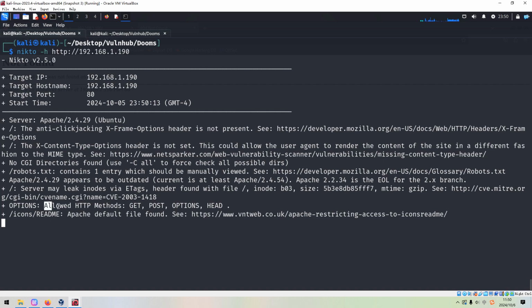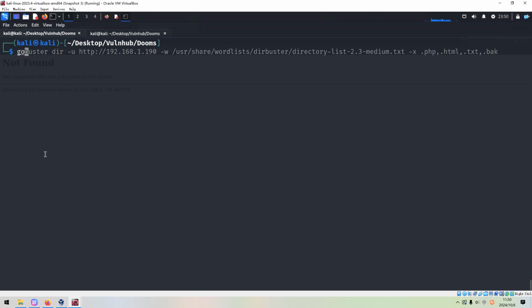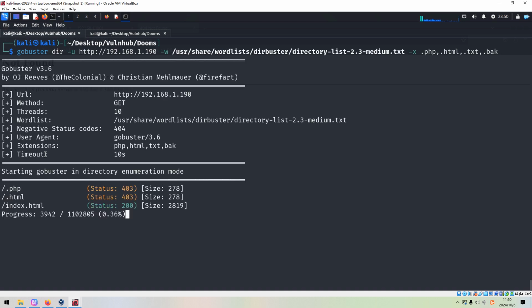The allowed HTTP methods, the header information. Unfortunately, Nikto failed to discover anything important. Next, we can launch GoBuster with the subcommand dir, or directory, to launch directory enumeration.